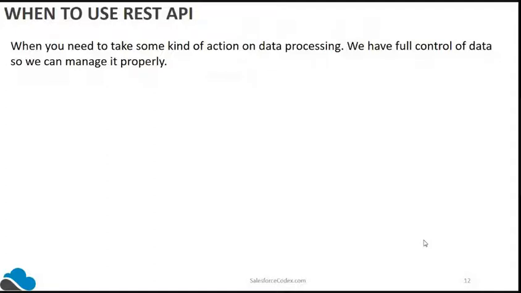For example, after you get the data from Heroku, you want to do further processing on that data, and that further processing may call multiple objects, multiple classes, or maybe other integration REST APIs. In such a scenario, we should go with the REST API because we have full control over what we need to do at certain steps.